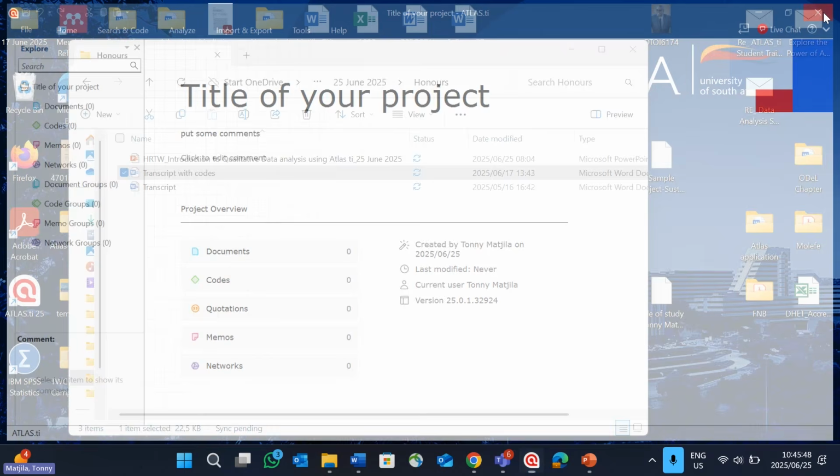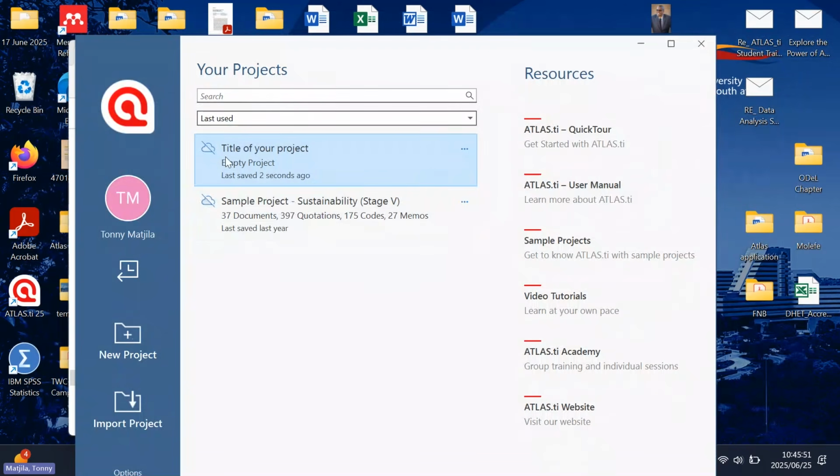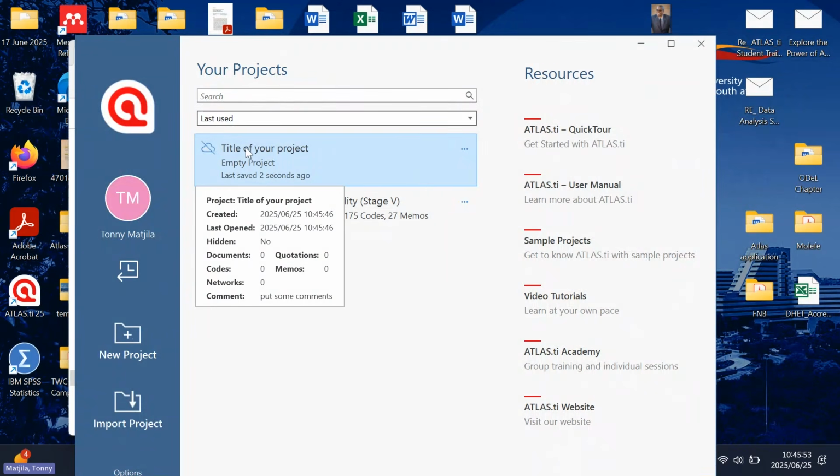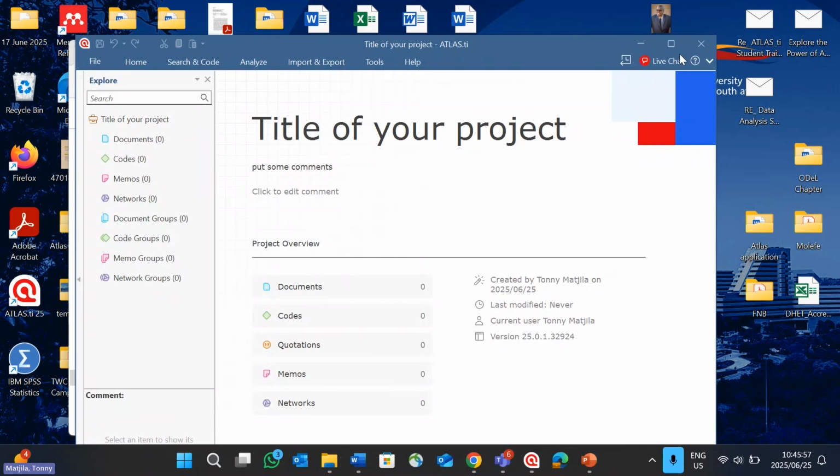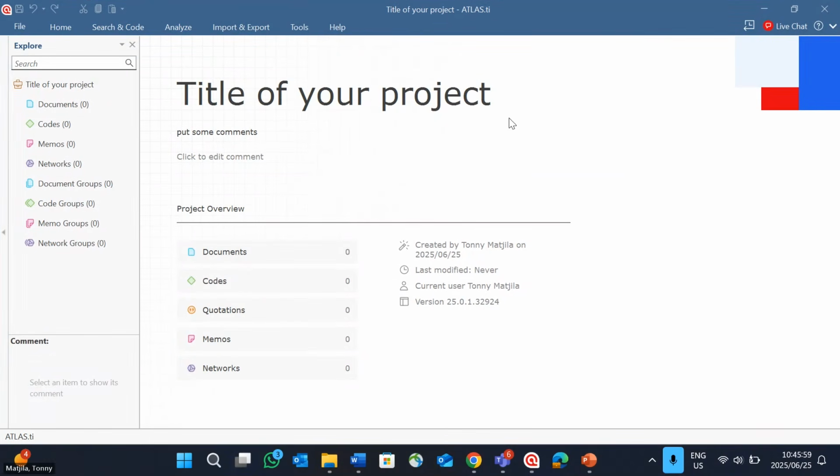Immediately you will see on the list, you will find that title. Perfect. Now, when you open this project, you will see the overview is 0000. Everything is 0. There'll be your name here. So we need to import those